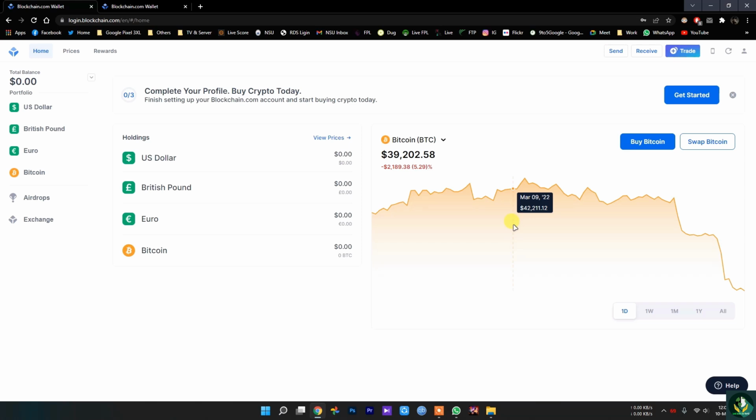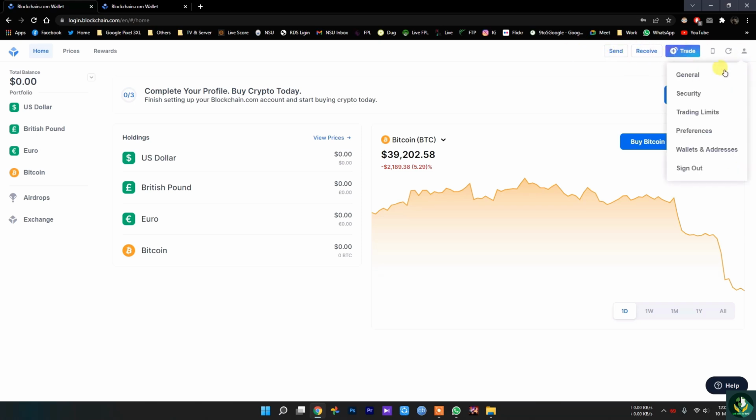On here, as you can see, my total balance is 0, and my currency is preferred as US dollar. As you can see, there is lots of information in here, and we can also send, receive, or trade Bitcoin from here.